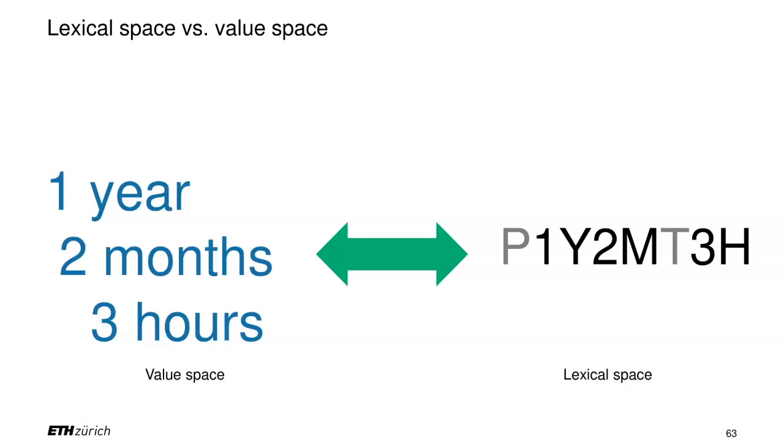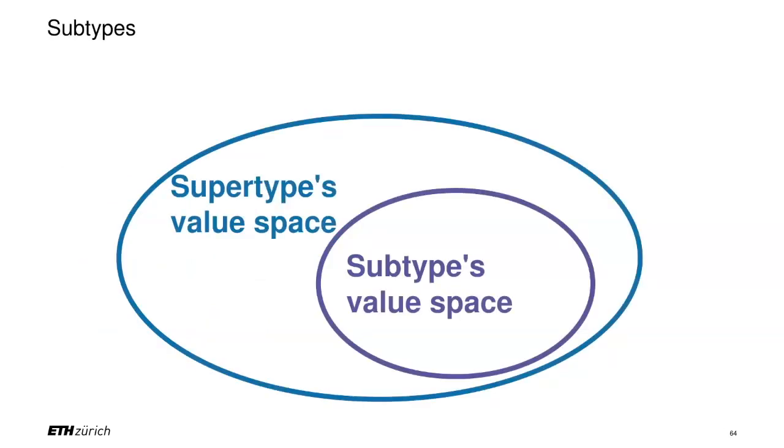And of course, on the right is what you would see in XML or JSON in the actual text document. But once you have validated it against duration type, you have the logical 1 year, 2 months, 3 hours value, which again may or may not be stored as a long in the background, but that would not be part of the logical value. All right. That's it. Yes?